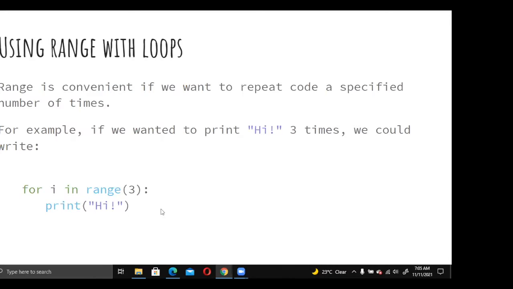So whenever we run this command, you will see that the range is actually, so you will see that hi has been printed 3 times, okay? So next,